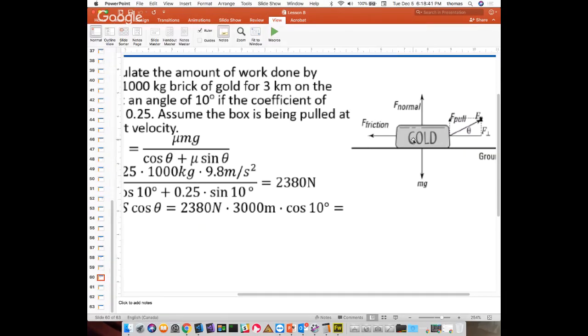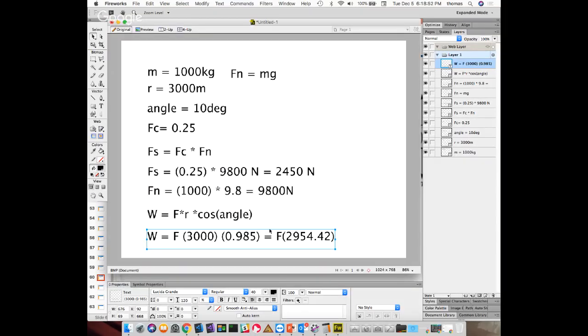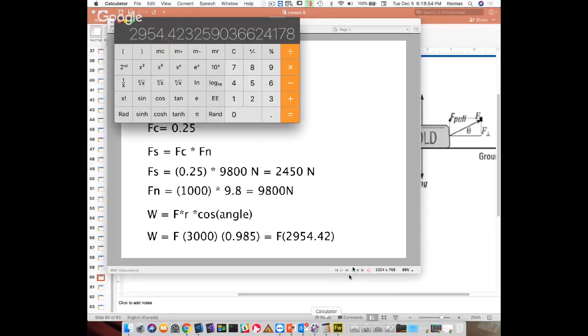Here's the other thing. This force of friction is totally resisting us. Why all this other stuff? Why this cosine? We didn't even talk about sine or cosine or anything. Just cosine, I mean. So let's take a look at that and see if that works out. I have this value multiplied by this value. So if I multiply those two things,